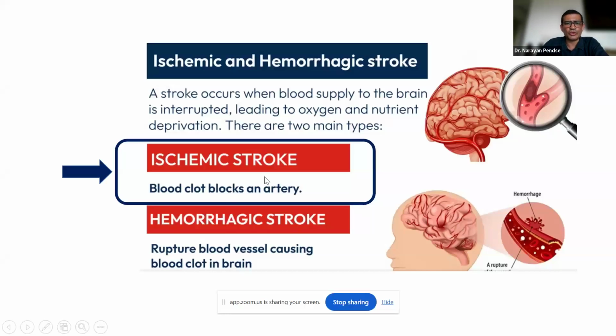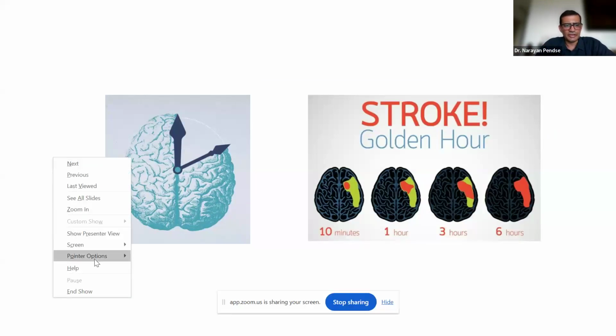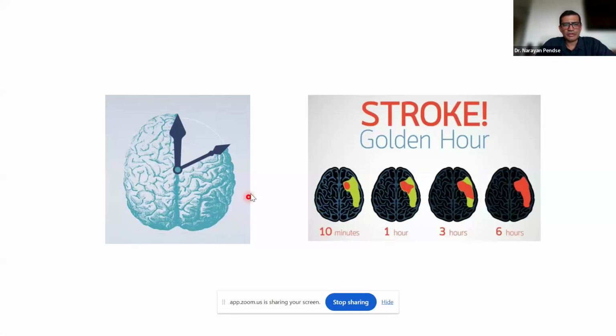It is important to know this differentiation, because it is the ischemic stroke where door to needle time is to be measured, because the treatment approach for the two is different from each other. Like we discussed in STEMI cases, similarly here the important thing is that the clock is ticking very quickly, because the more time is taken to intervene,